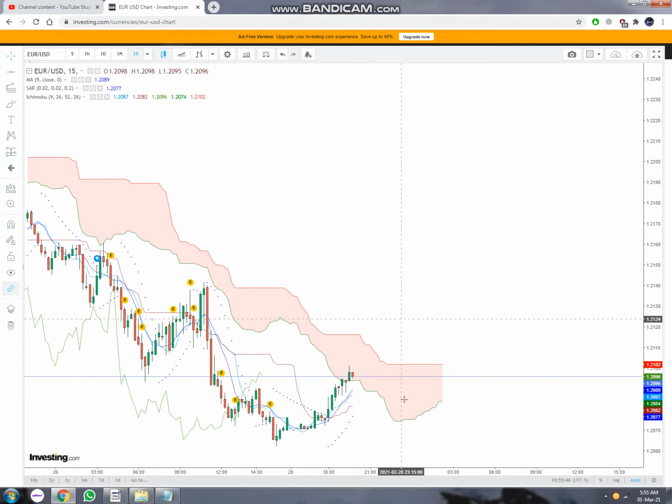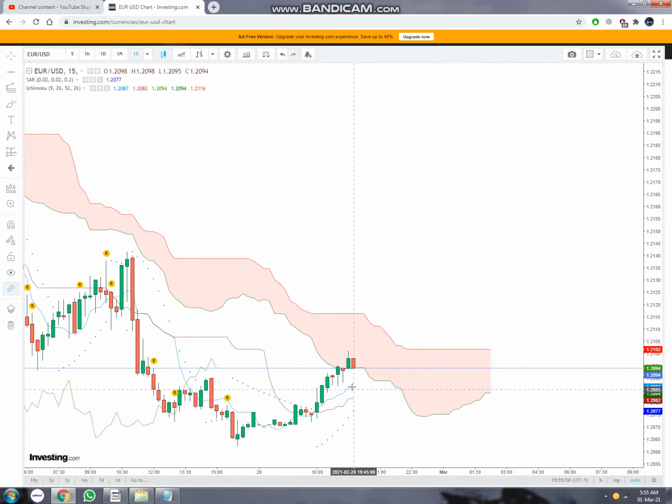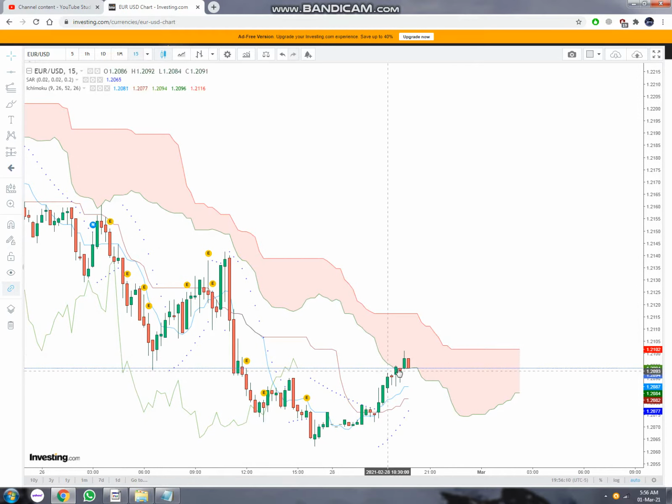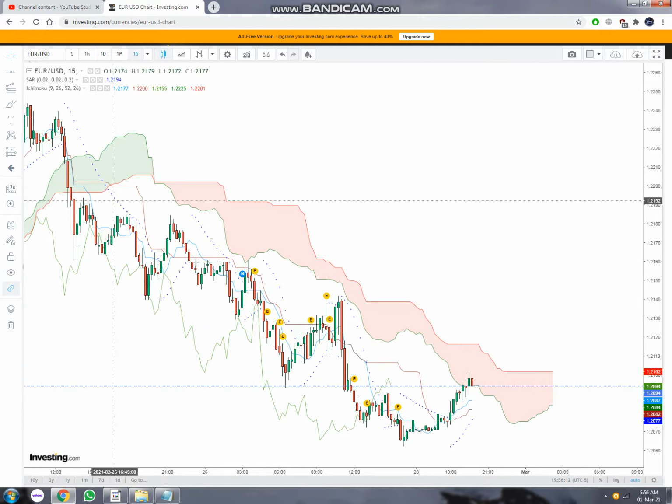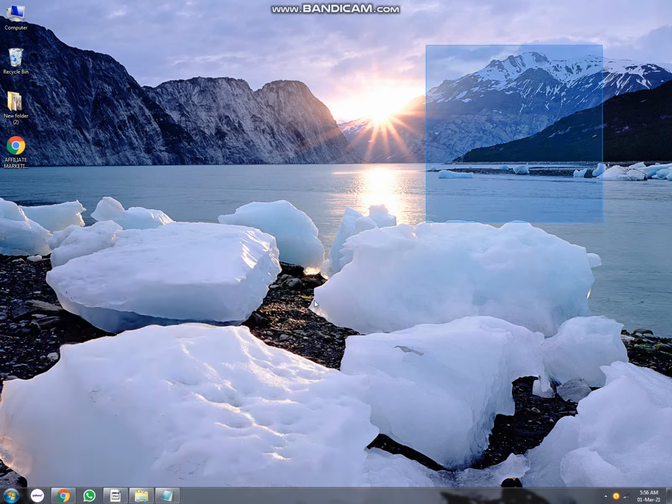When it crosses this cloud, you can see that the blue line has crossed the red line. Let me remove the moving average. Yes, the blue line has crossed the red line, which means it has changed to an uptrend. At this area you can see that the blue and the red line are both flat, so this will be a volatile phase, and after that it will change to an uptrend. For a long time it was trading beneath the cloud, so when it crosses the cloud, it means it has changed to an uptrend and will now be trending upward. That's all about technical analysis of the forex market.